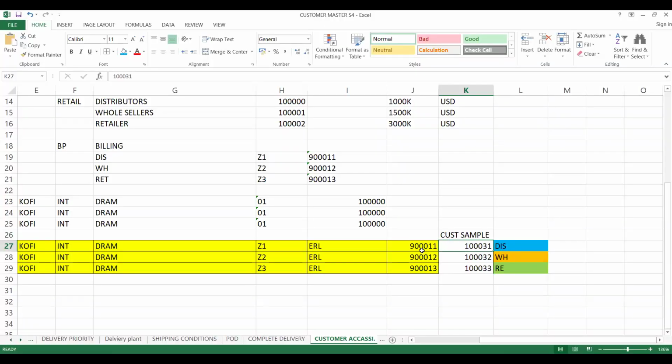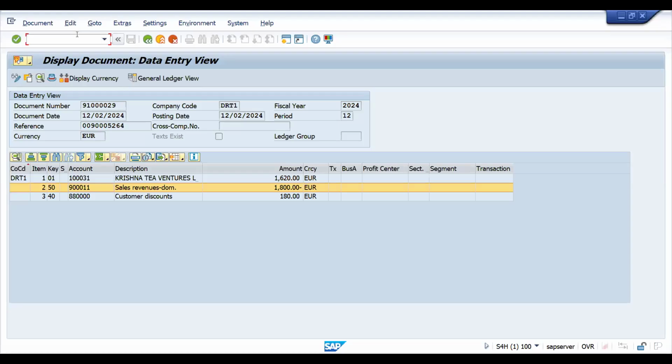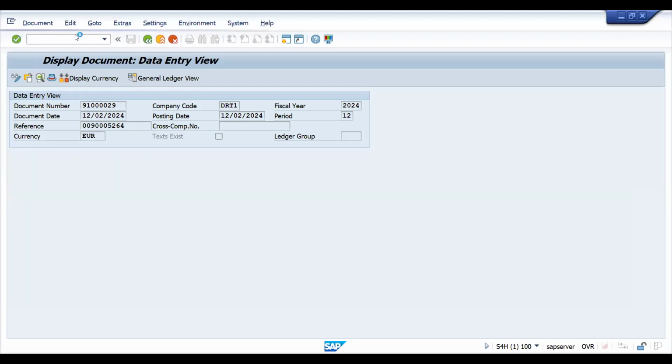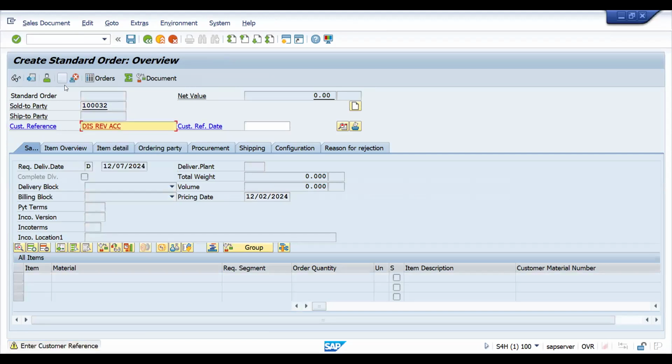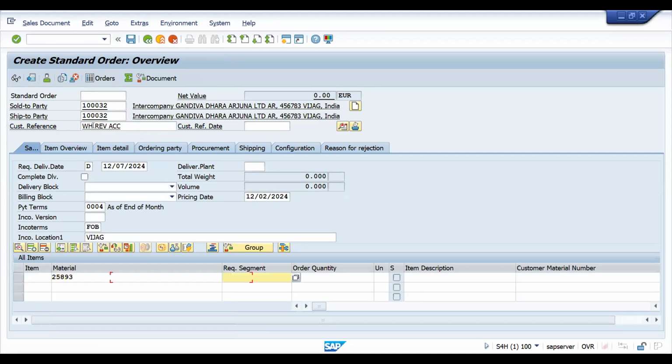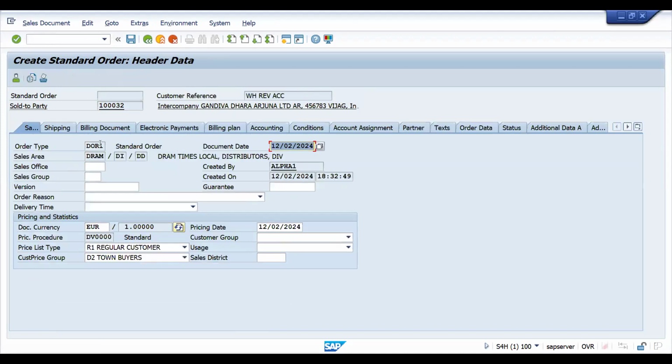So for this customer, this is the GL account combination. Okay. So let's try to check for wholesaler now. So now wholesaler is this guy. This is not distributor revenue. This is wholesaler revenue. I'm just writing, it's not the actual PO number. For your understanding, I'm just writing there. Now, if you look at this in billing document,